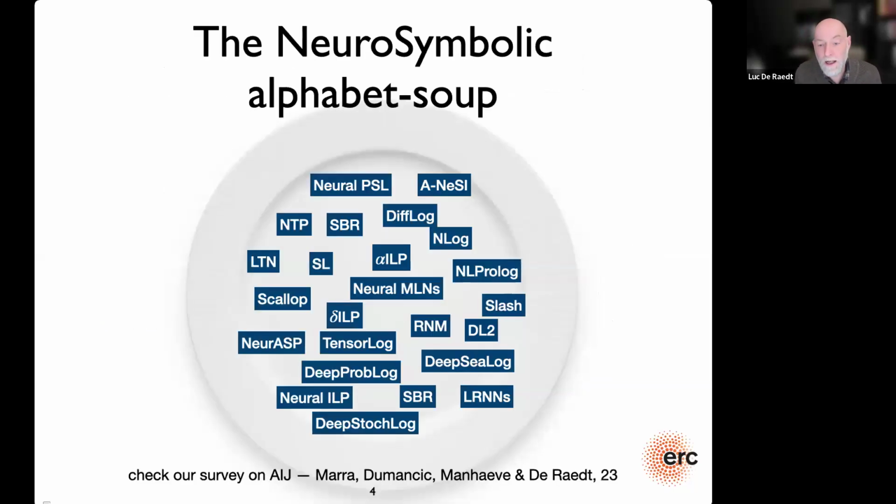Today, the state of the art in neurosymbolic AI is very much similar to what we had about 20 years ago in the days of statistical relational learning, statistical relational AI. There's basically an alphabet soup of systems, and they all claim to do different things. And they all show, my system can do a little bit better than your system on this or that data set. But if you take a little bit of a distance, then there are a lot of similarities between these systems. And there's a common core